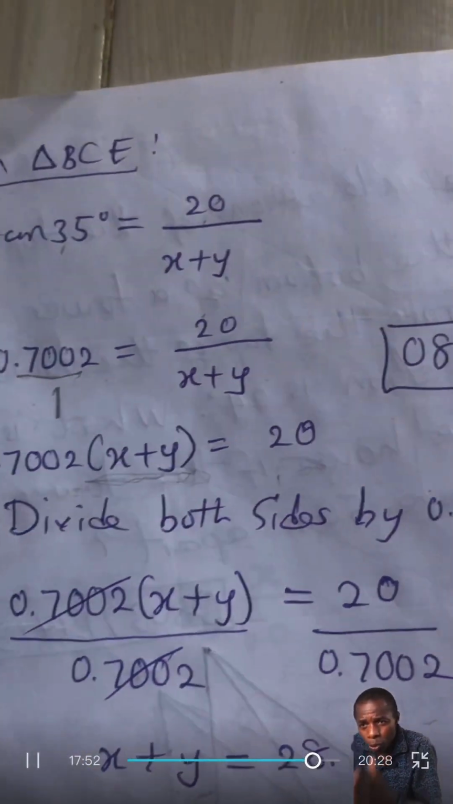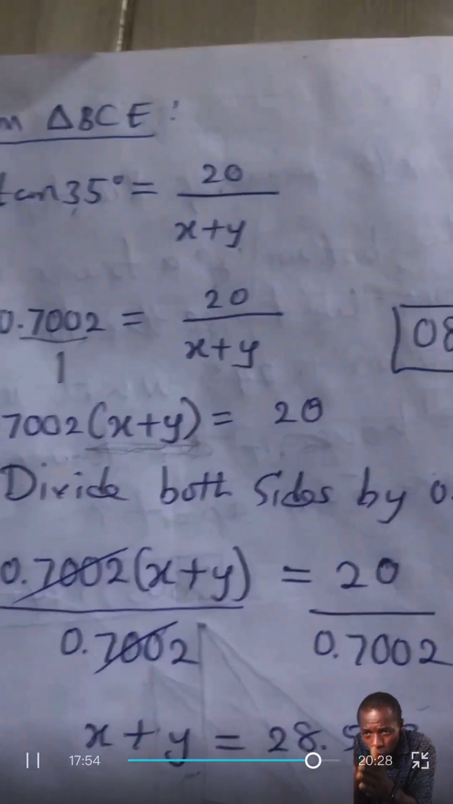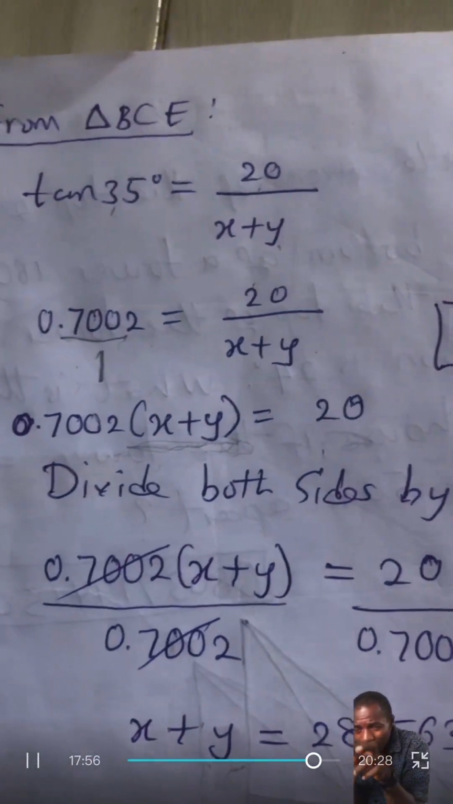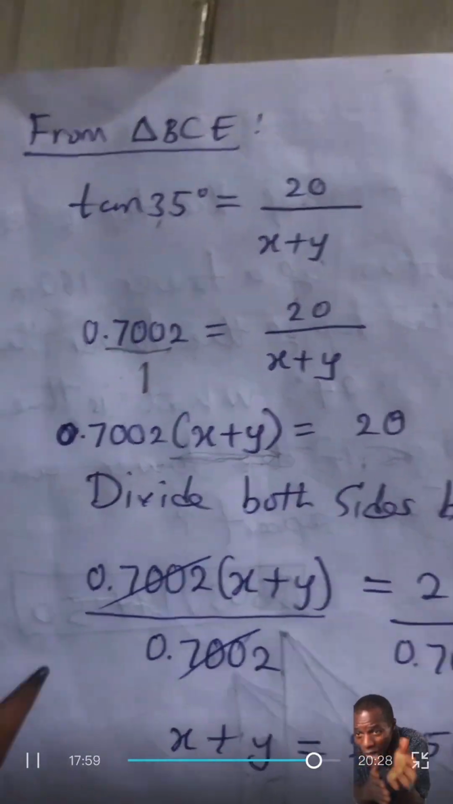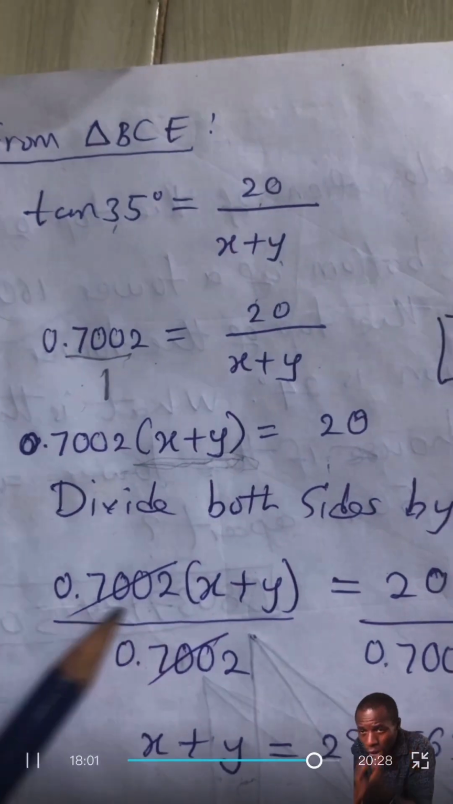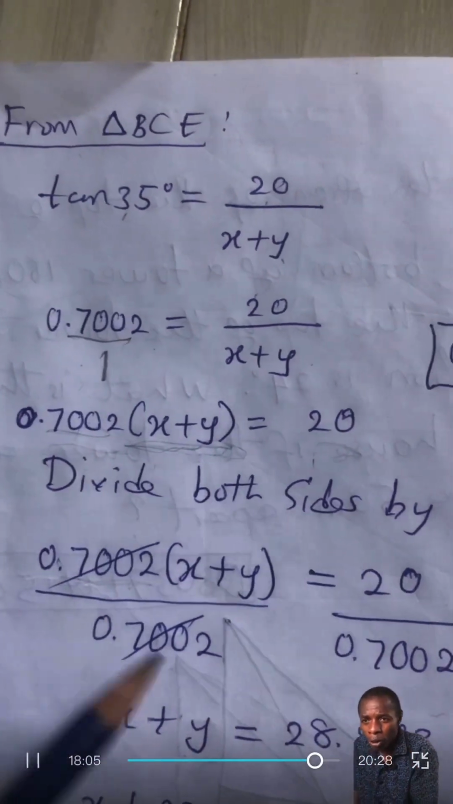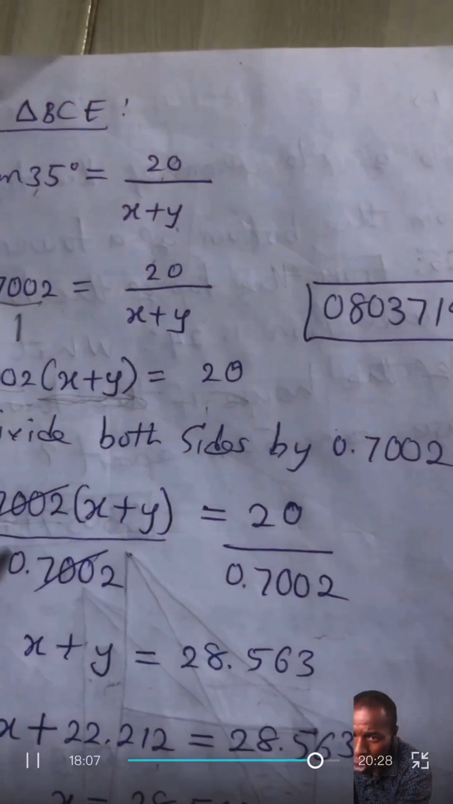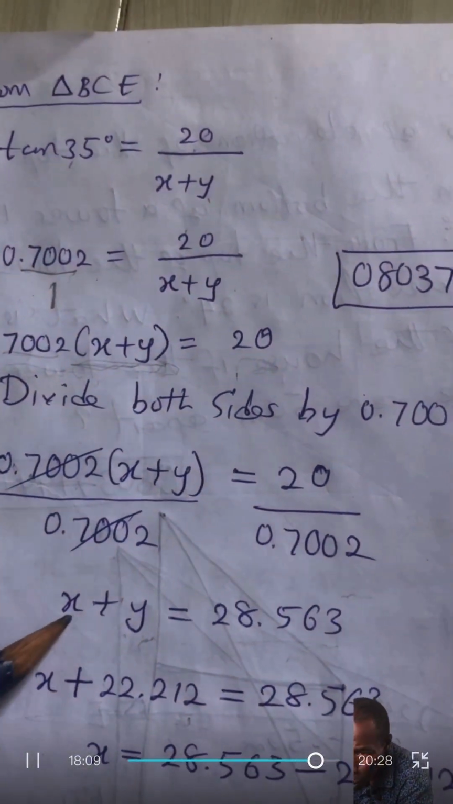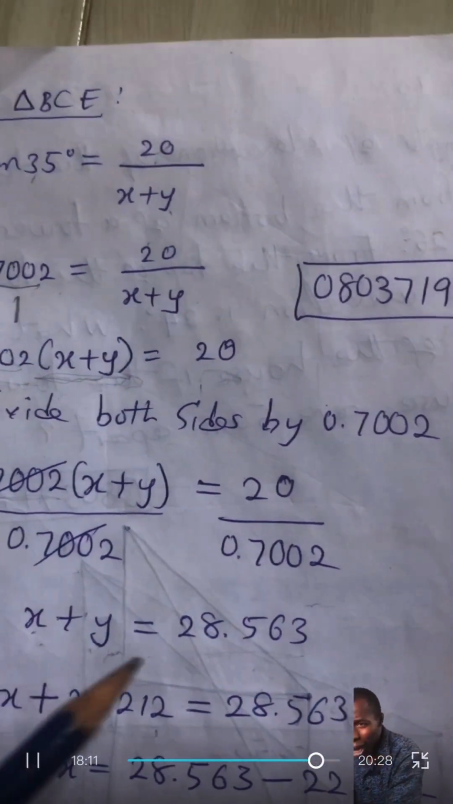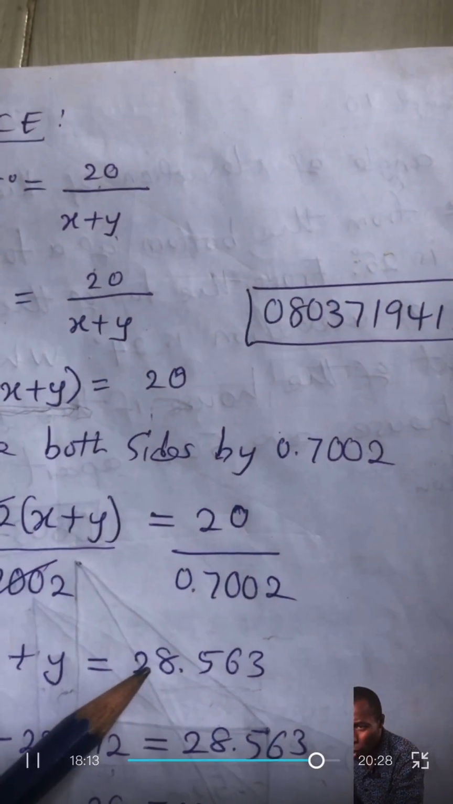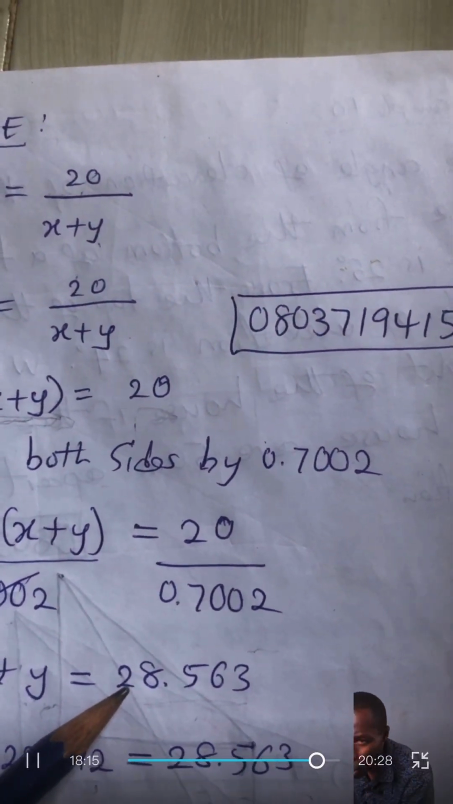All right, so since what we're looking for is the unknown, this x plus y, it means that the number beside x plus y will have to leave. All right, so what do you do? You divide both sides by the number, which is 0.7002. So when you divide both sides by that, it will cancel out. So you are left with x plus y. On the right hand side, when you divide 20 by that 0.7002, you have